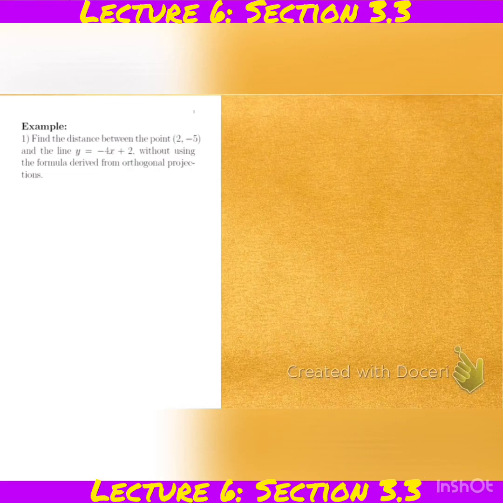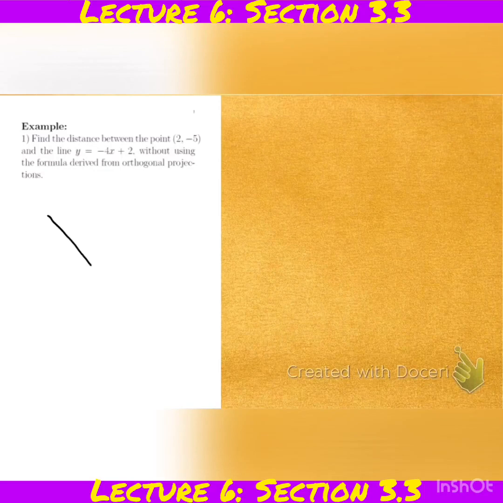Okay, let's look at the next problem. They ask us to find the distance between that point and the straight line, but they tell us without using the formula derived from orthogonal projections. The previous example we did was using orthogonal projections, and you can do an analogous argument for the distance between a point and a straight line. We looked at the distance between a point and a plane. Now, you're not allowed to use that. So how we would do this is,